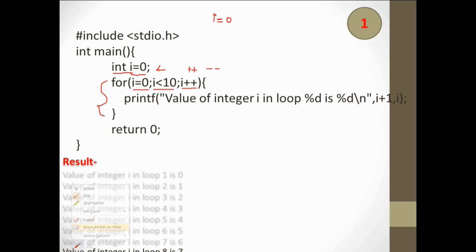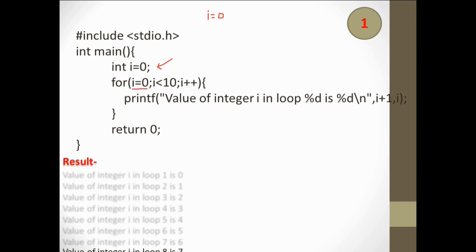So here we'll start from the first statement. What we get from it is that I is equal to 0. After that, inside the for loop, the first expression will give you the value again.